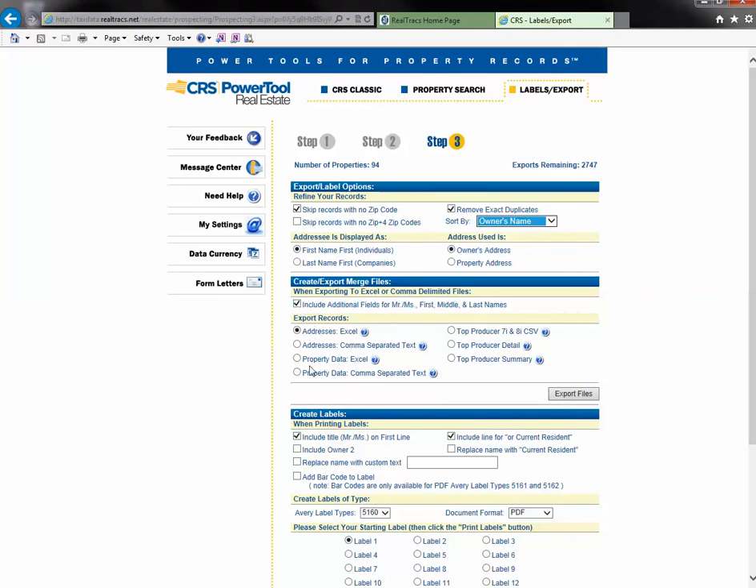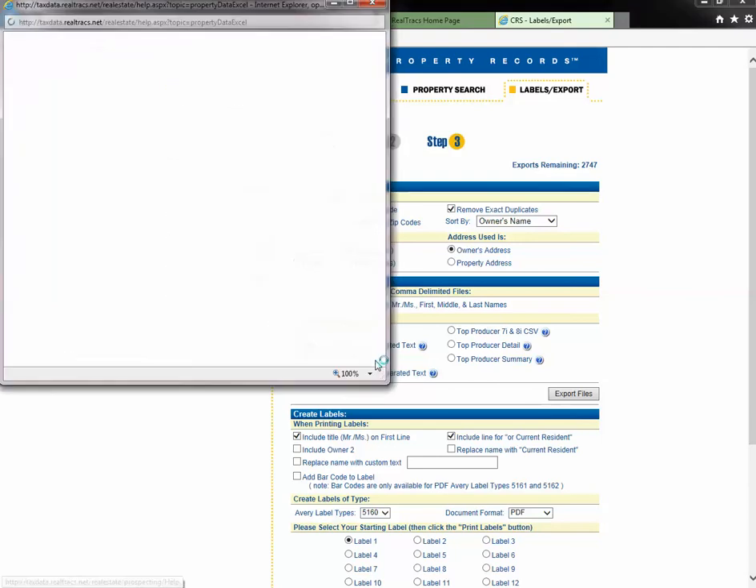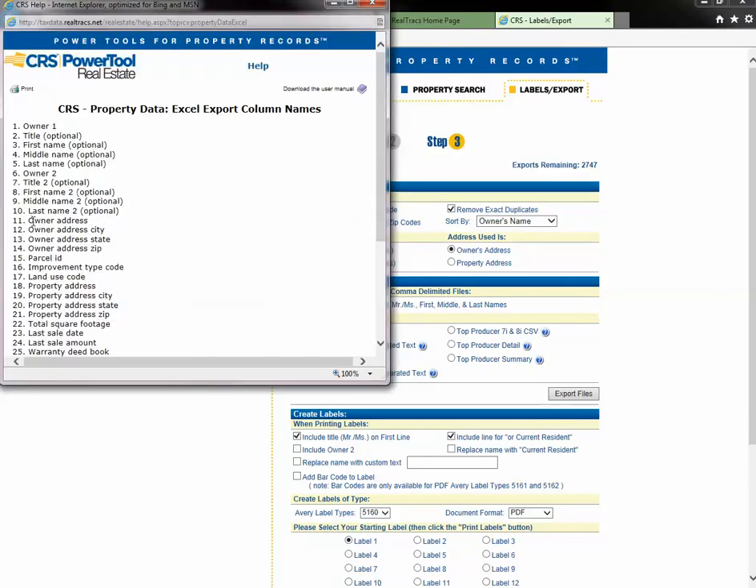The only thing you want to change here, so that we make sure we have all of the information we need on the Excel spreadsheet, is to go to property data, Excel. If you ever have any questions, the one thing we need is the owner's address that we're going to mail to, and also the property address, which is the second address that we're actually trying to purchase. So we're trying to purchase this address, but we're mailing our marketing to this address,